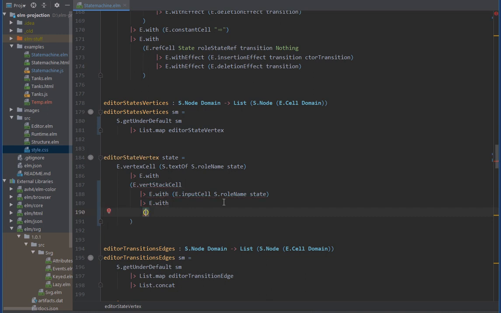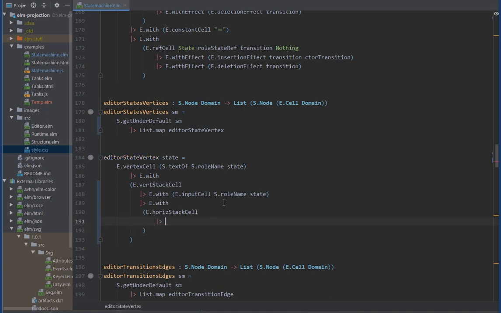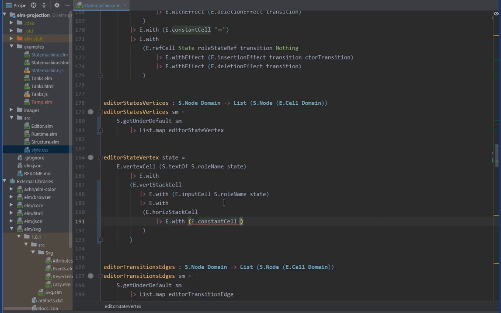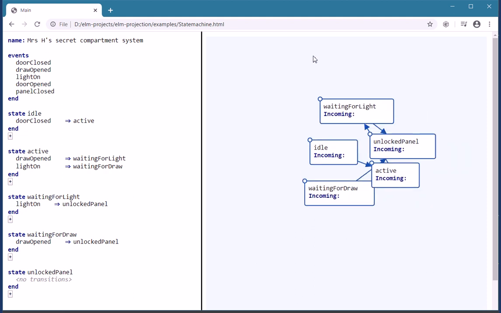And more specifically, we want to have something horizontally stacked. So we use a horizontal stack cell, and we add a constant cell first, just to try it out, and say incoming. Okay, format that nicely, and just going to build it real quick, and then go back here, press F5, and